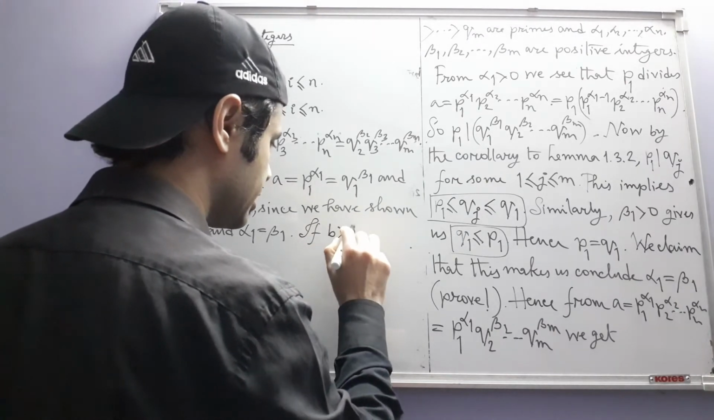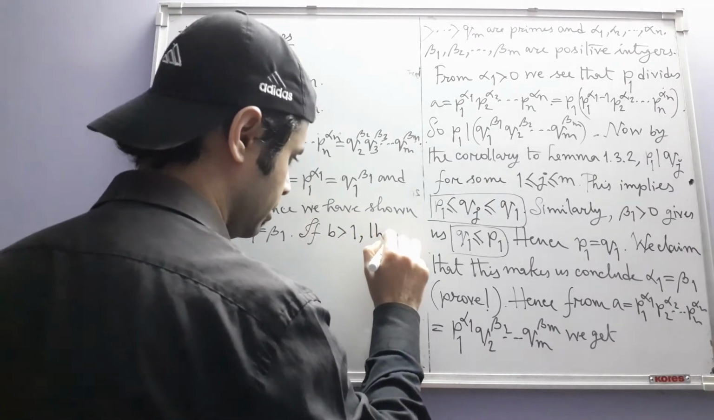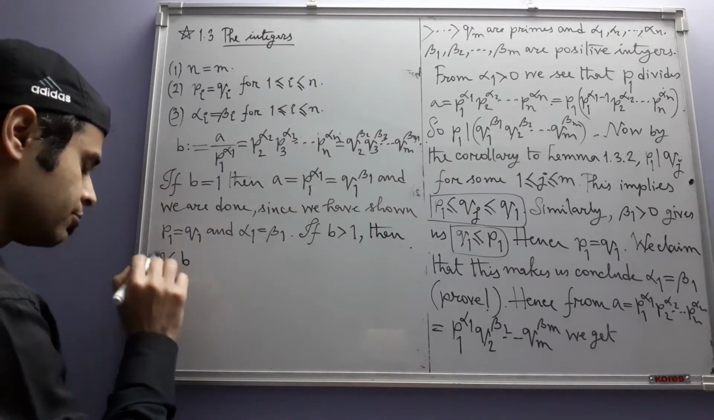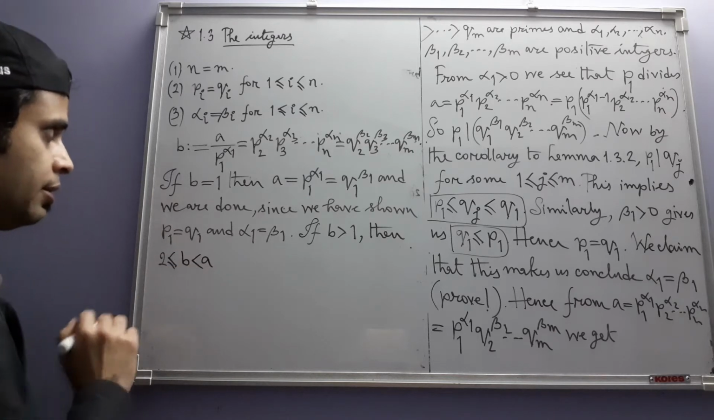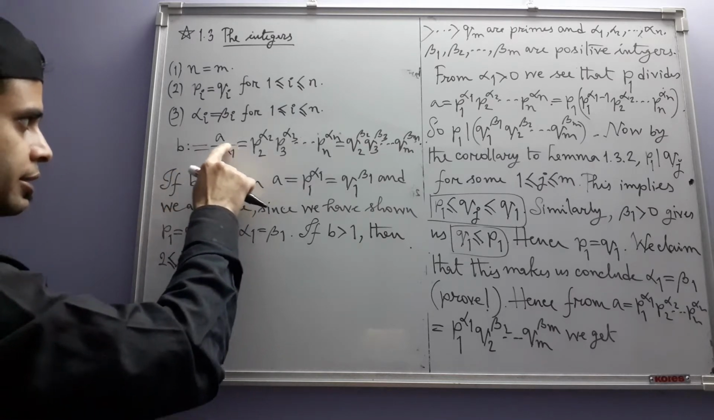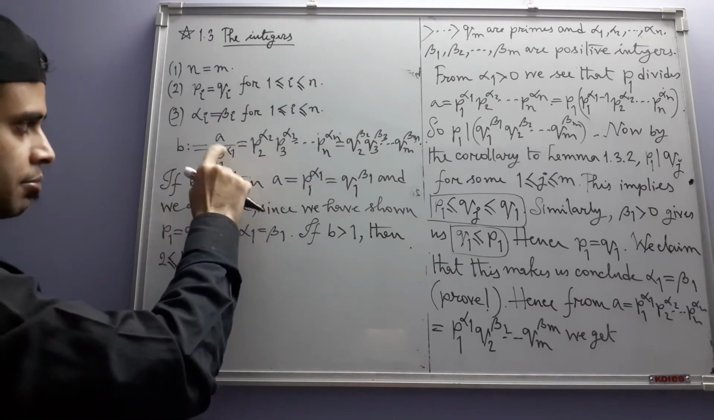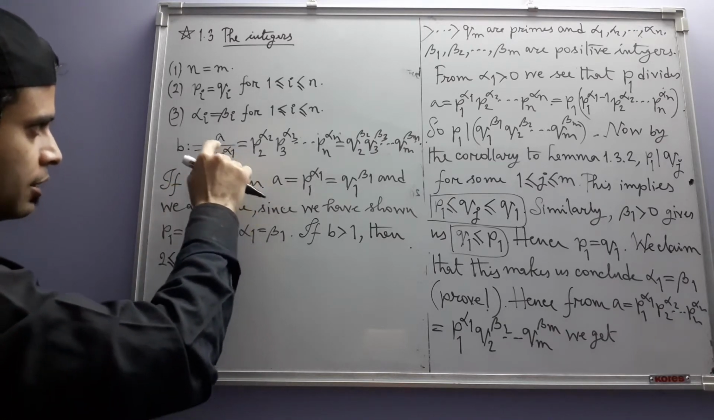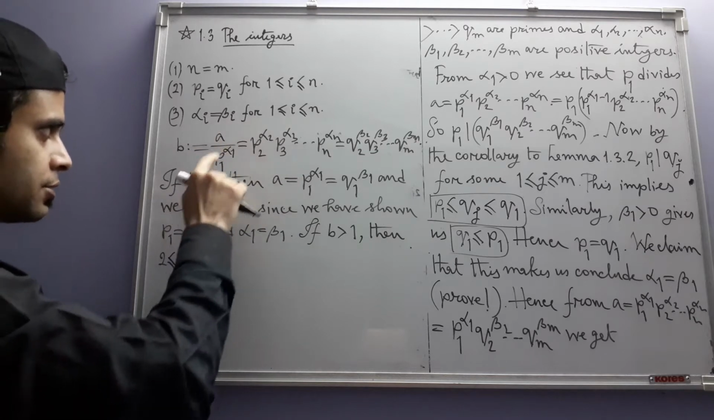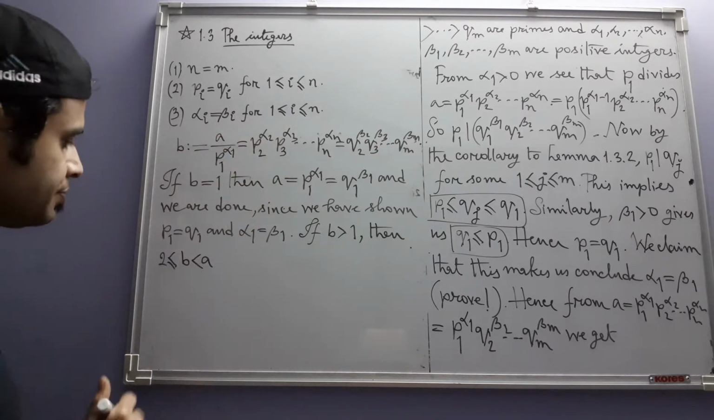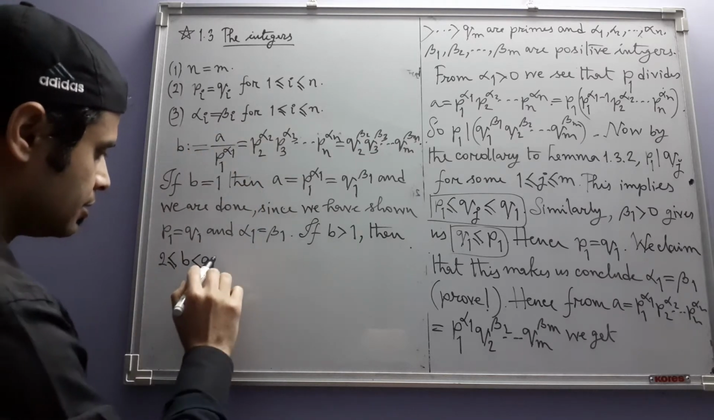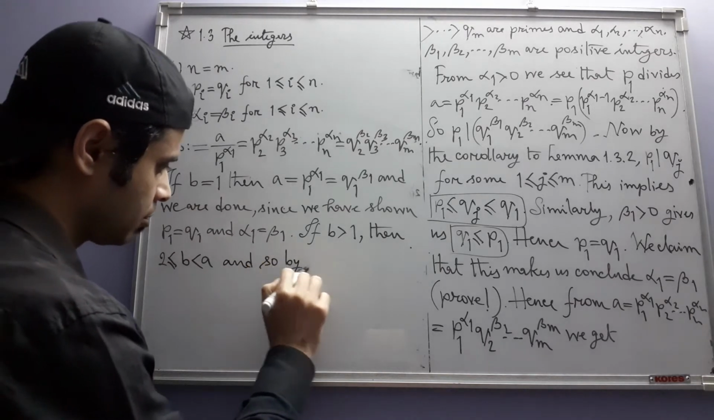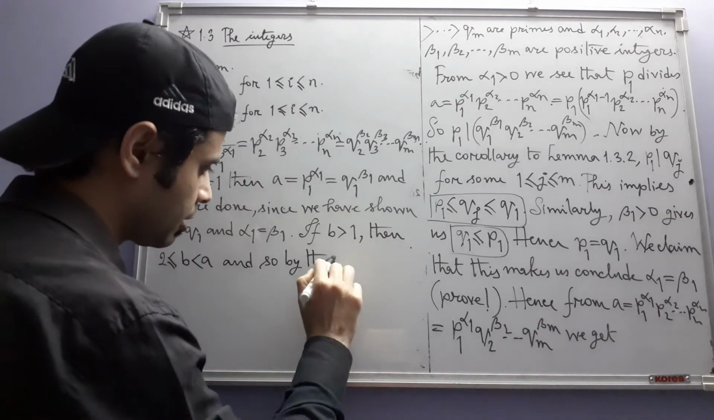b is greater than 1, then b is greater than or equal to 2 and less than A. Less than A because we have already said that this is greater than 1, because alpha 1 is a positive integer. So P1 to the power alpha 1 is greater than 1. So on dividing A by this, we get a quantity less than A. Then by the induction hypothesis,